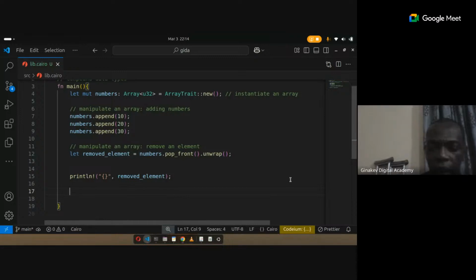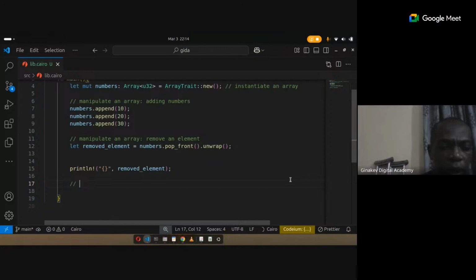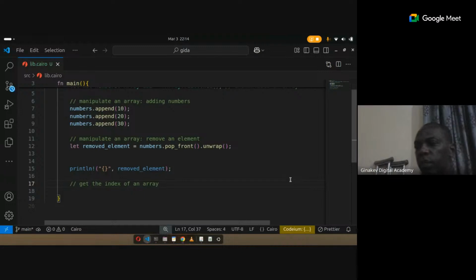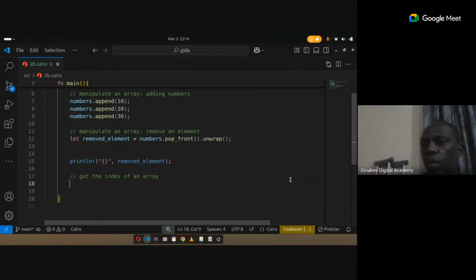Get the index of an array. I want to get the index of an array. There are two ways to get the index of an array. Let's say I want to get the index of an array. I use numbers,